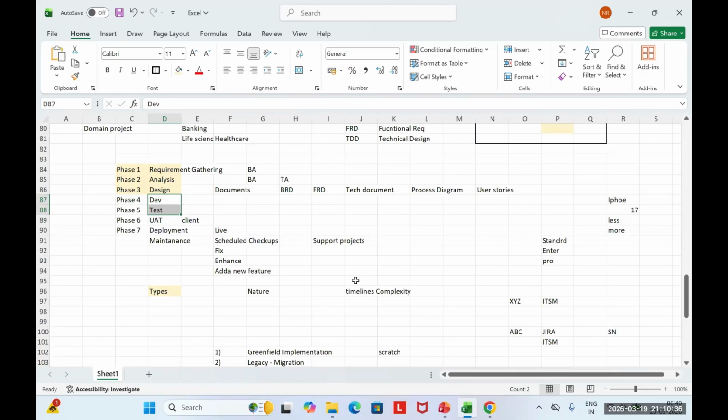Okay. Now, just look at these phases. It is very obvious that even if I have to do some coding, I will not be doing it in this phase. This is purely documentation work, wherein you will have meetings with a client, understanding their requirements, analysis, design.